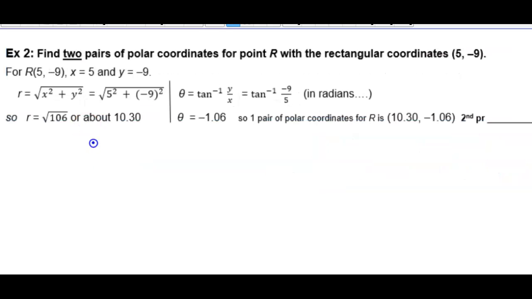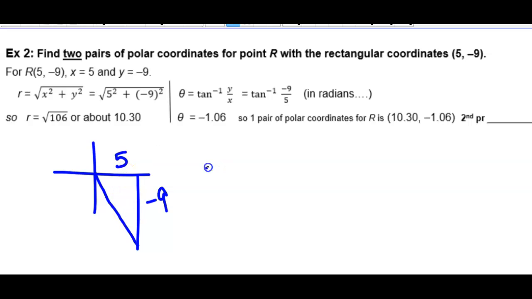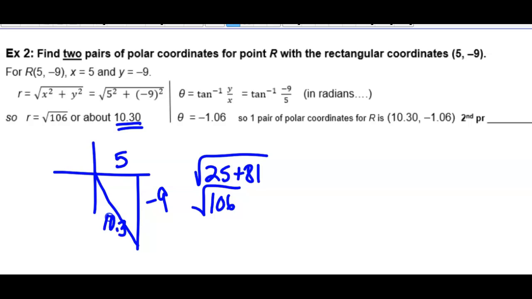They say we went 5 to the right and down 9. So first we do Pythagorean theorem. Square that, we get 25. Square that, we get 81 here. The square root of 106. And they said that's 10.3. So the radius here is 10.3. So our